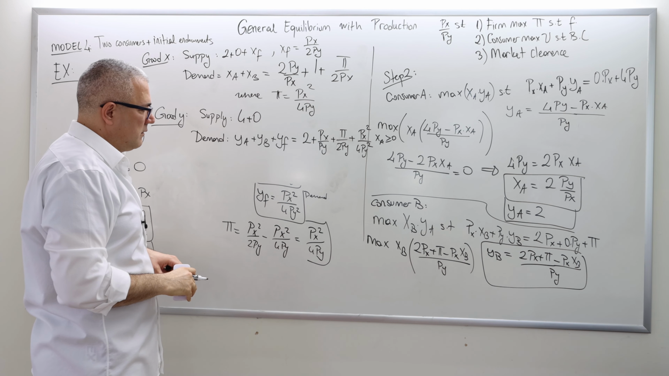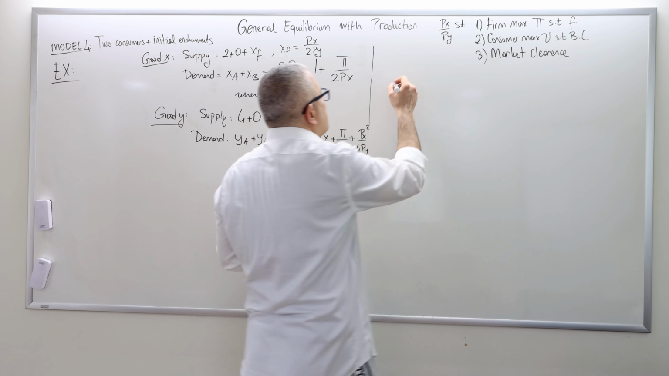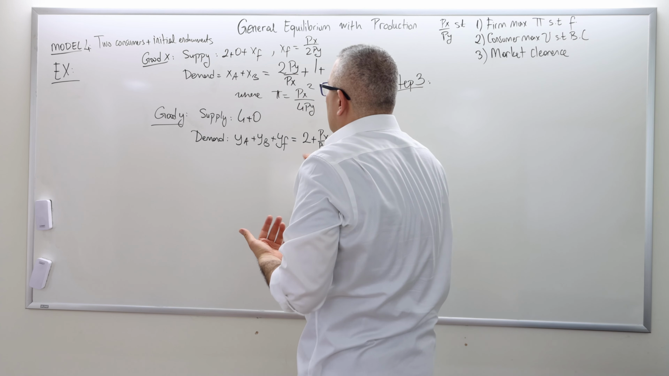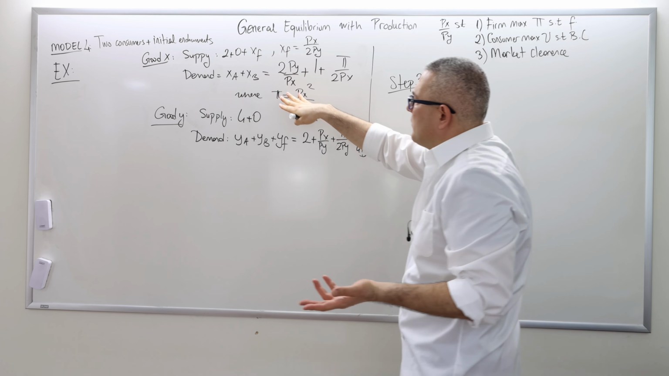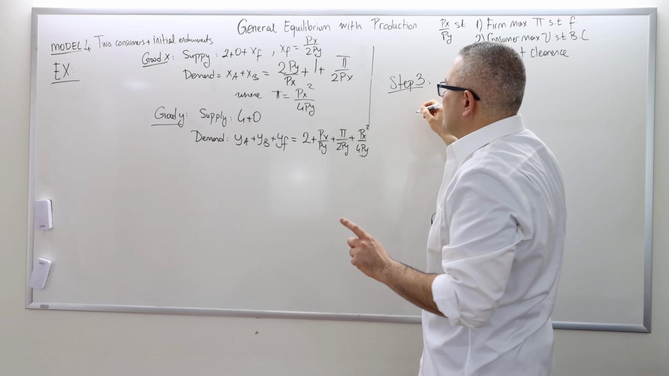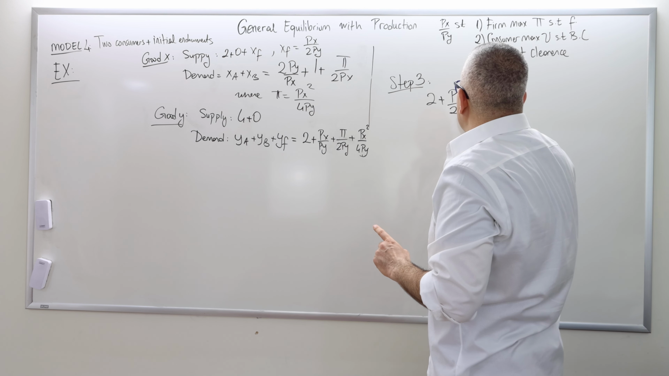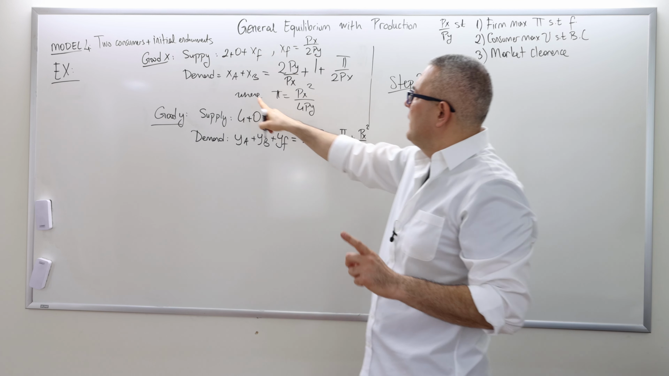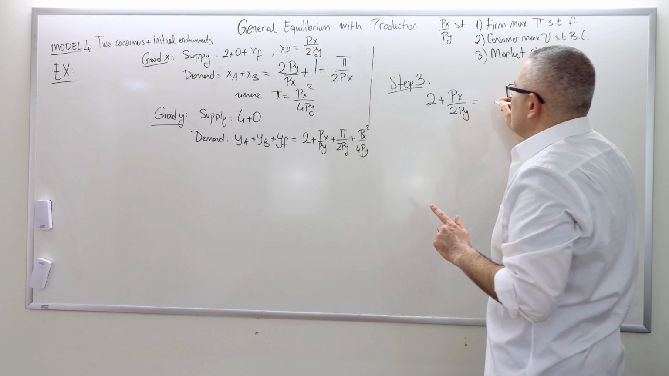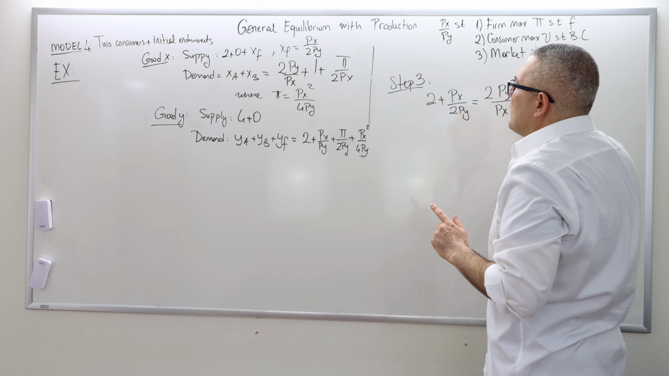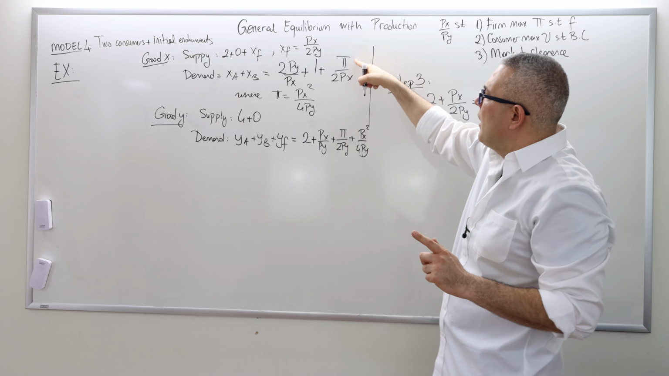All right, so step 3 is the market clearance. I'm going to clear the good X market. That constraint looks easier. So the supply is 2 plus XF, so 2 plus PX over 2PY. And then the demand is XA plus XB, so it's equal to 2PY over PX plus 1 plus pi over